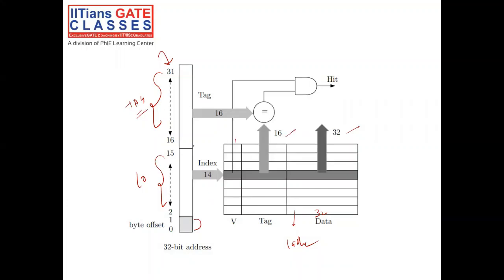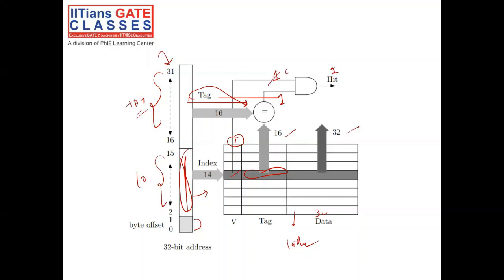You know that. So this line offset will enable the block or line in the cache memory. Whatever the value of this 14-bit, the corresponding cache block will be enabled. Now I check whether the valid bit is 1 or not. If the valid bit is 1, I compare my tag bit with the tag bit of the CPU generated request. If this is equal, then 1 will come. Now there is an AND condition on this, so it is 1, and we can say hit.